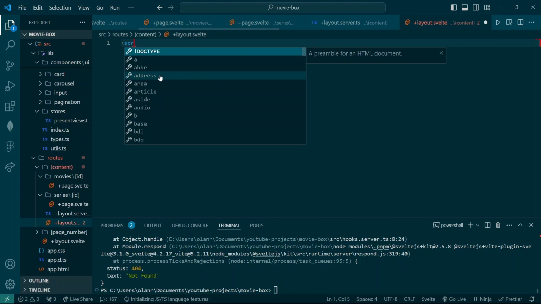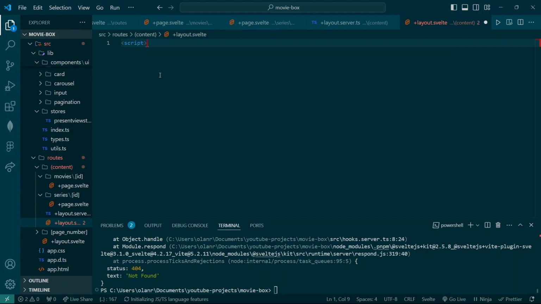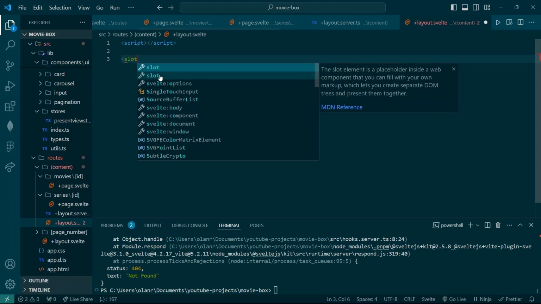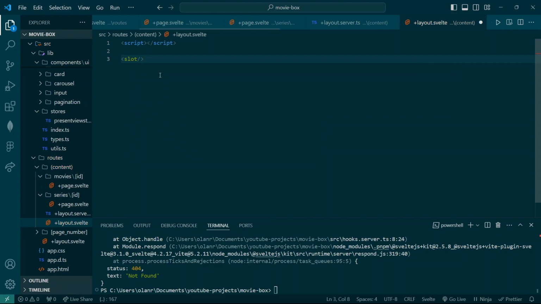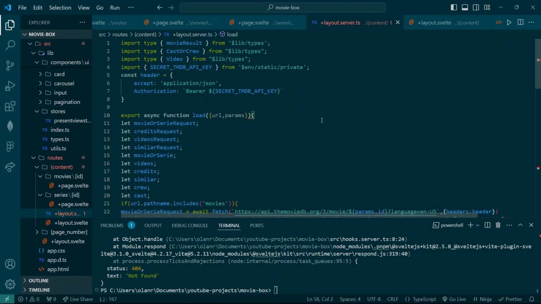We can just go ahead and do some of the boilerplate. We're sure we're going to need a script tag, and a slot. Next, we're going to be working with our